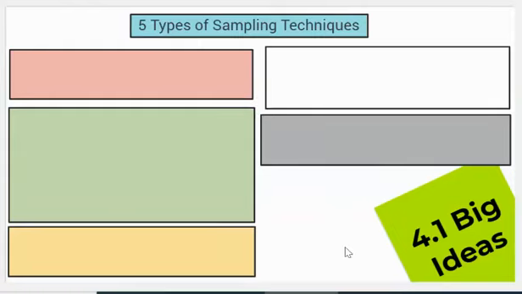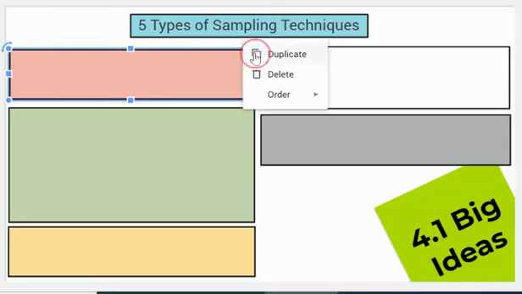Hey everyone, in this video we're going to be looking at the 5 different types of sampling techniques. So in class today we covered a few of these. There's a couple that are going to be in this big idea that we really didn't talk about, but they are important to know. So let's start off with the first one, and that is